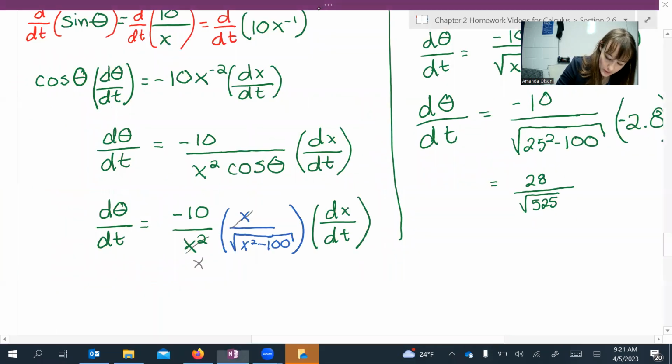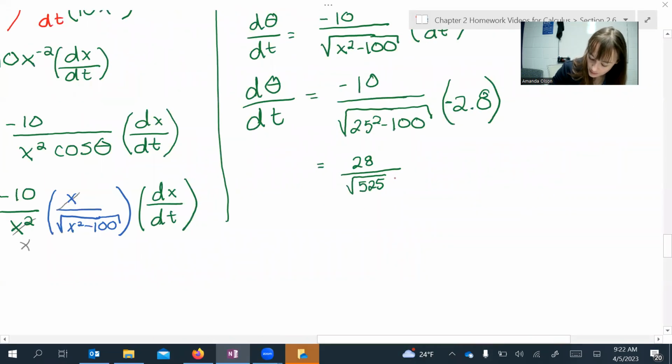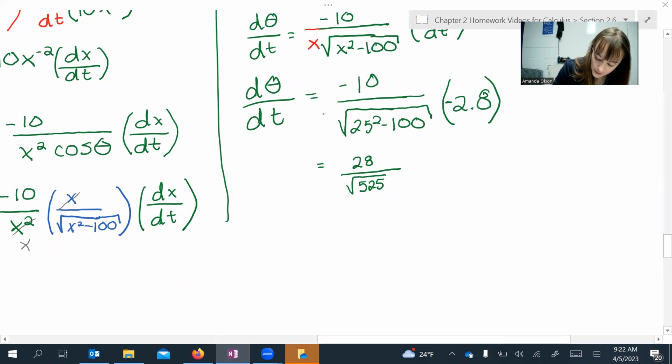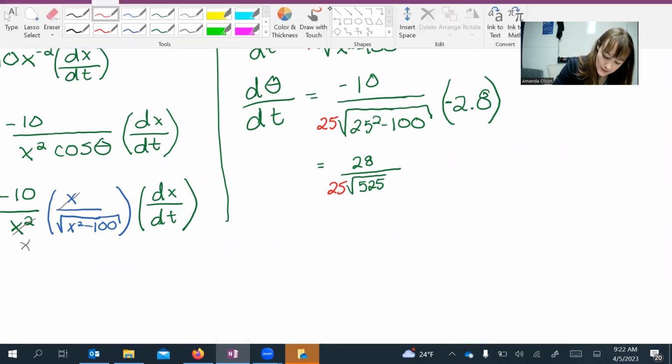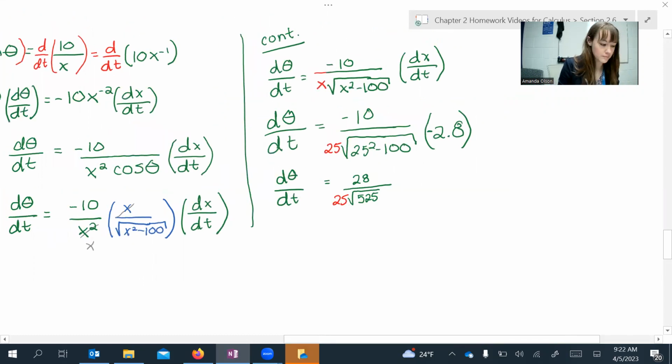So I'm just going to go back and put that there. And so we've got this x in the denominator here, so note that. Then how that's going to affect is we're going to have a 25 outside of here, and that's going to affect our calculations, d theta dt. And so if we work all that out,